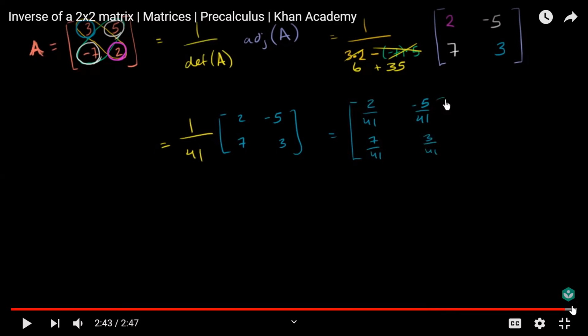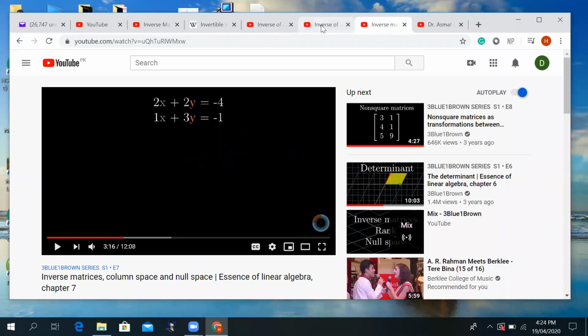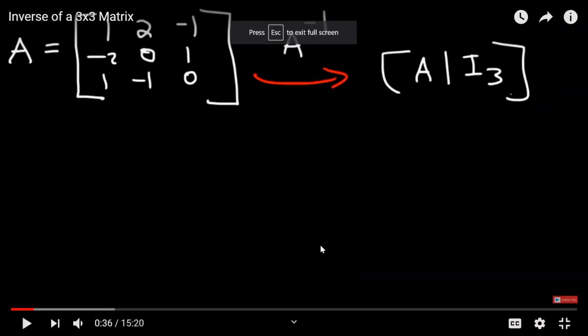So I will just go back, and now I will look into the case of a 3 by 3 matrix. So let's look into this 3 by 3 matrix. There is a slight deviation. When we go for 3 by 3, we usually don't take that approach of 1 over determinant of A and then multiply this 1 over determinant of A with the adjoint of A.